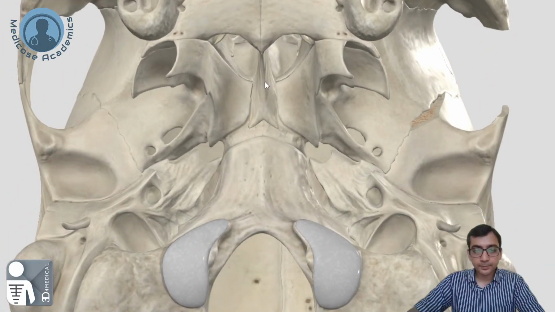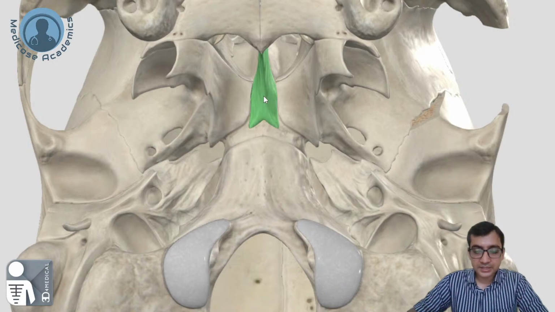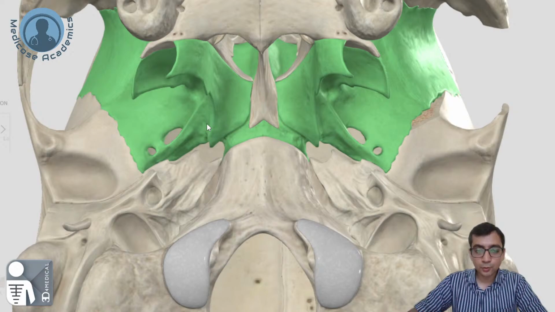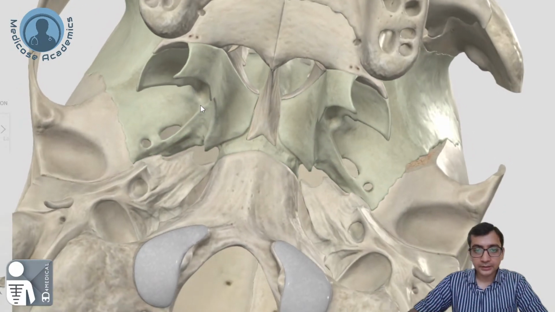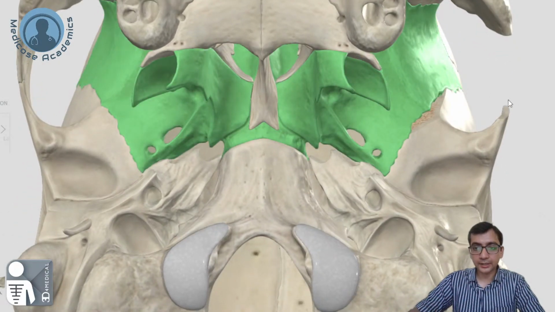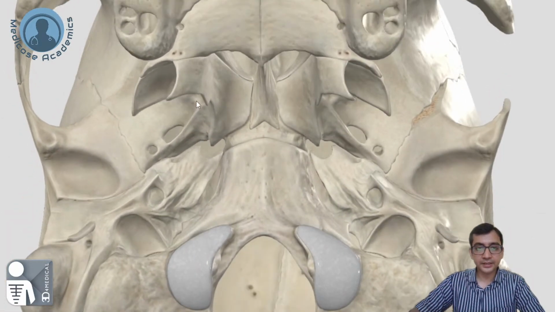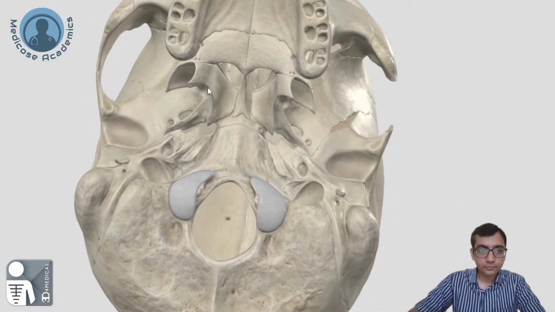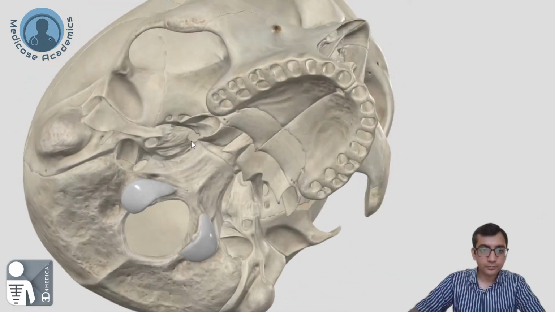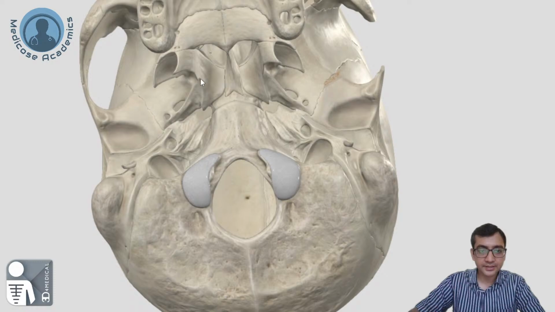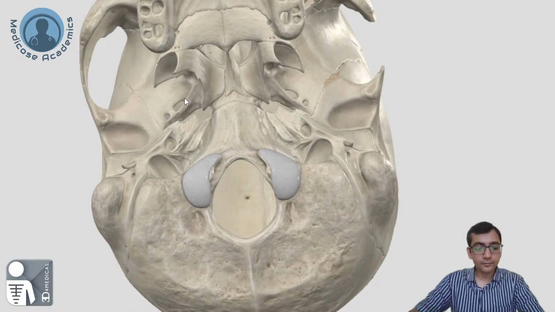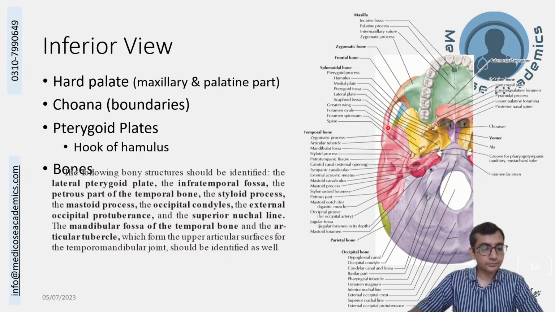What I have talked about by now is that in the midline you can see the vomer bone, independent, with no ethmoid bone. Here you can see the two plates of the pterygoid process, joined anteriorly and free posteriorly to form the medial and lateral pterygoid plates. This is the lateral pterygoid plate. This is the medial pterygoid plate. And in between them,